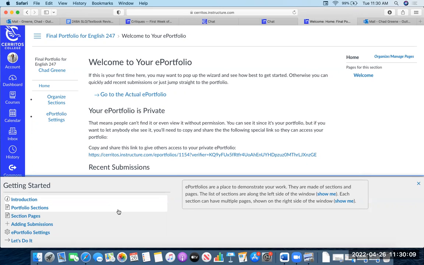So these are the basics of setting up an ePortfolio on Canvas. As additional resources,